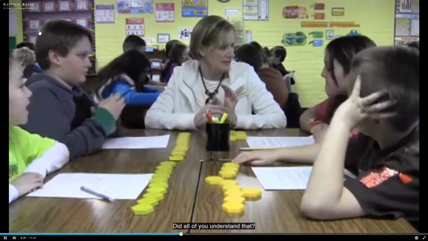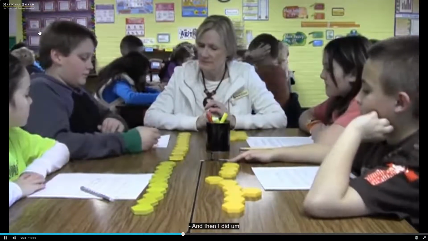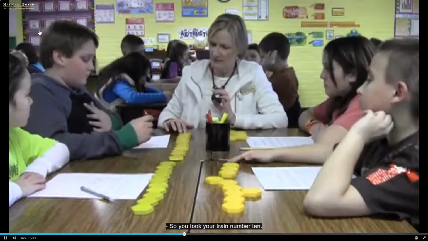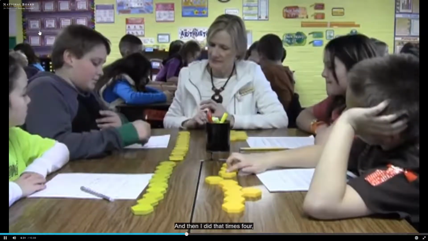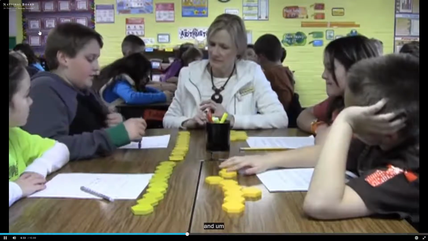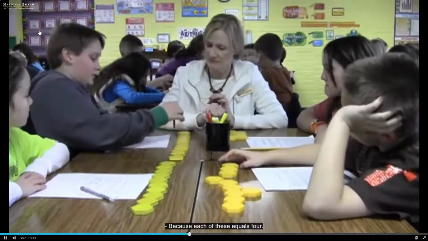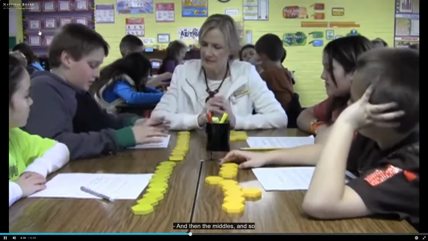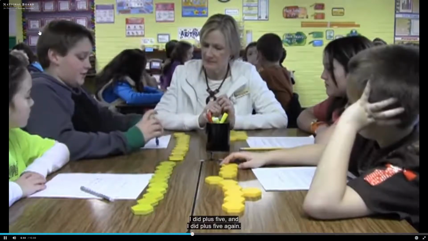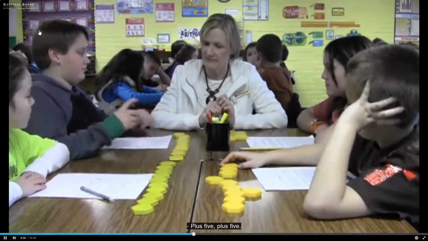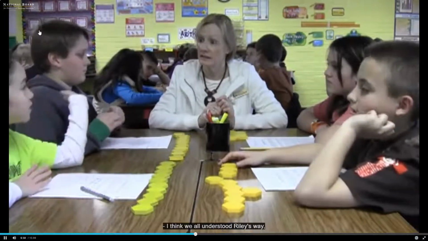Did all of you understand that? Did you agree? So you took your train number 10 minus 2. Minus 2, and that was in parentheses. And then I did that times 4, because each of these in the middle equals 4. And then for the 5 on the outsides, I did plus 5, and I did plus 5 again. I think we all understood Riley's way,